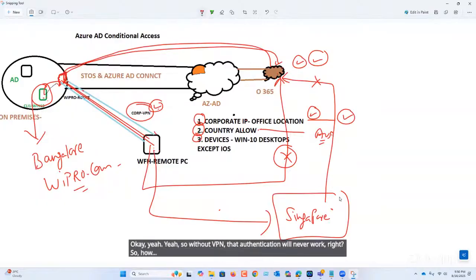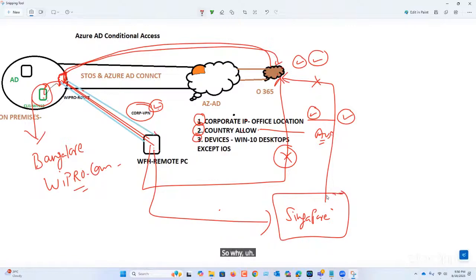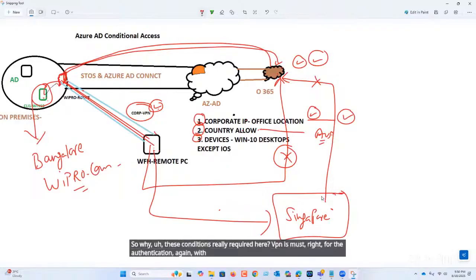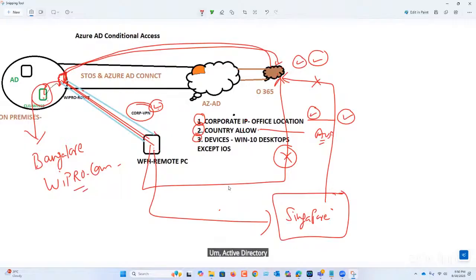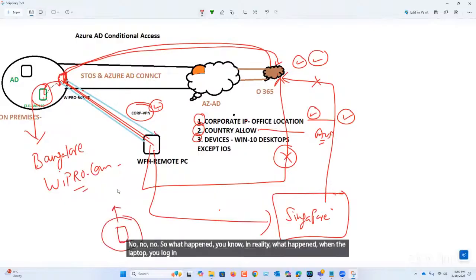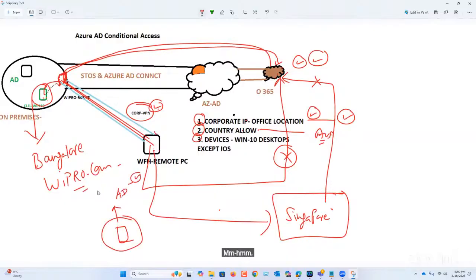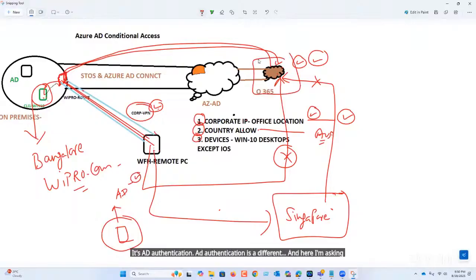So why are these conditions really required here? VPN is a must, right, for the authentication again with the Active Directory for the office corporate connection. So what happened in reality when the laptop you log in? It's an AD authentication. AD authentication is different. And here I'm asking about the application authentication.